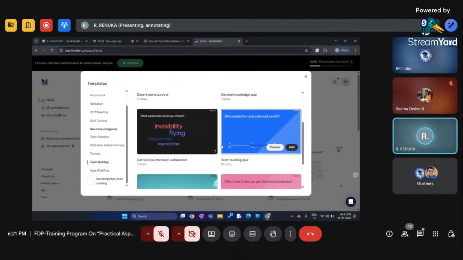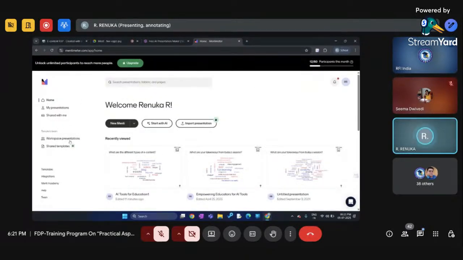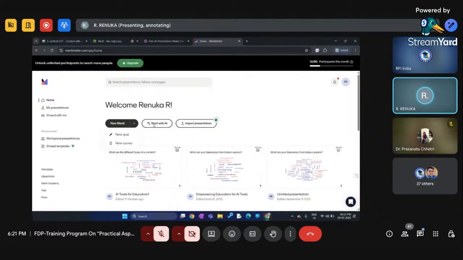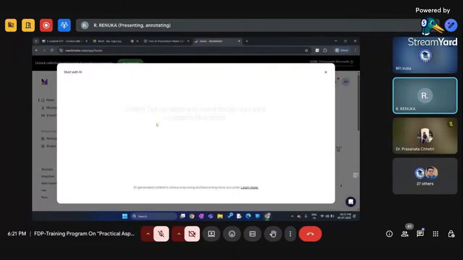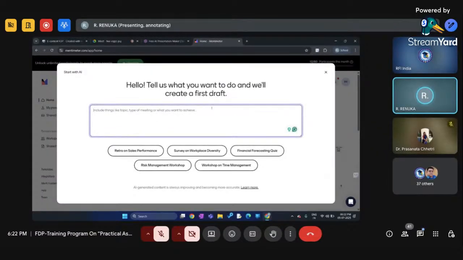Now that was about Mentimeter. You can create your own presentations as well. You can have a new quiz or new survey if you want. Or if you want to import any lesson, you can do that. If you want to start with the AI from scratch, that also you can do here. You can ask what topic you want so that it will generate it. Say, for example,